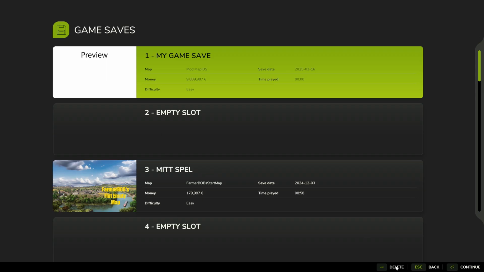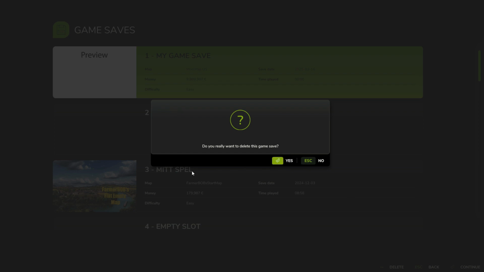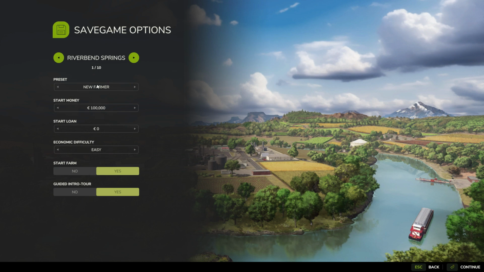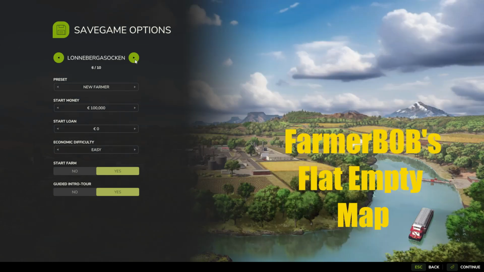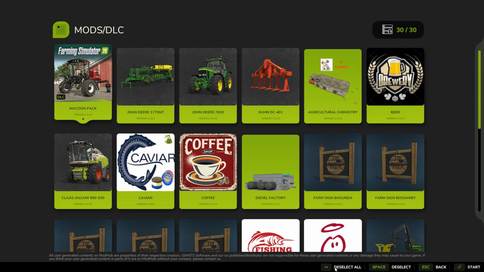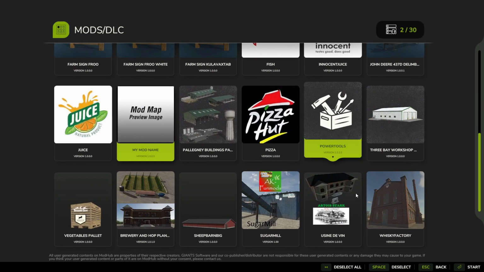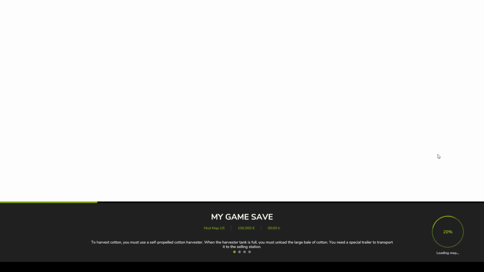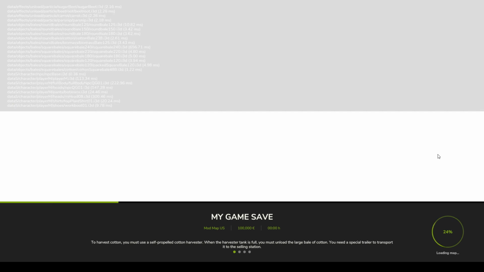So this one I can delete now. That's my old save game. We're done with that. And we're going to start a new one, and then obviously go here, continue, and then deselect all, grab just the power tools and start. Good. So now we can let our console run by and see if we can see anything related to